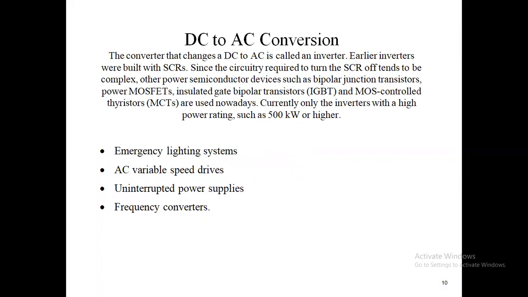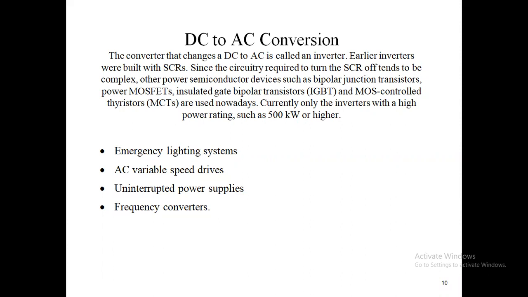Let us move to the DC to AC converter. We have already talked about this: DC to AC conversion is known as the inversion process. So by means of the inverter, we will be converting the DC into the AC. There will be lots of kinds of inverters we will be using to convert the DC into AC, like a single phase inverter, three phase inverter, or sometimes we will be using a multi-level inverter also to convert the DC